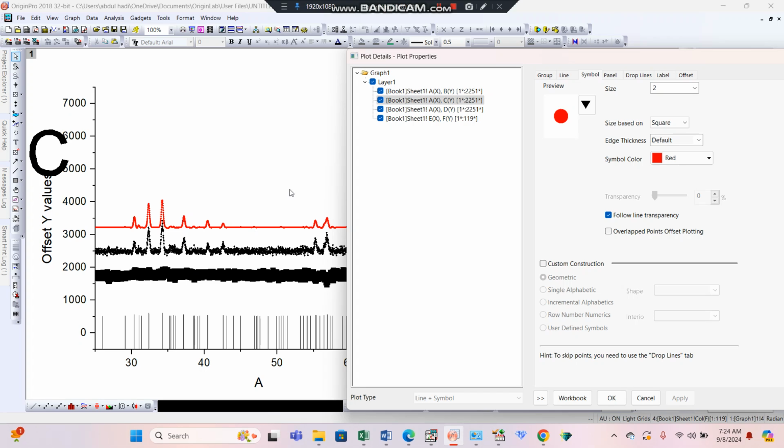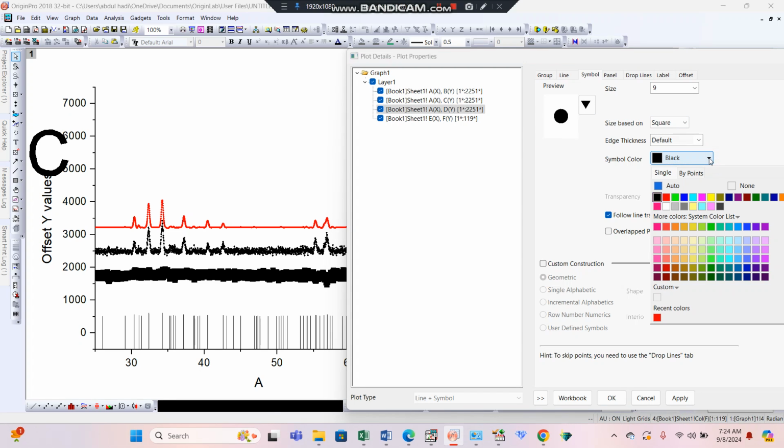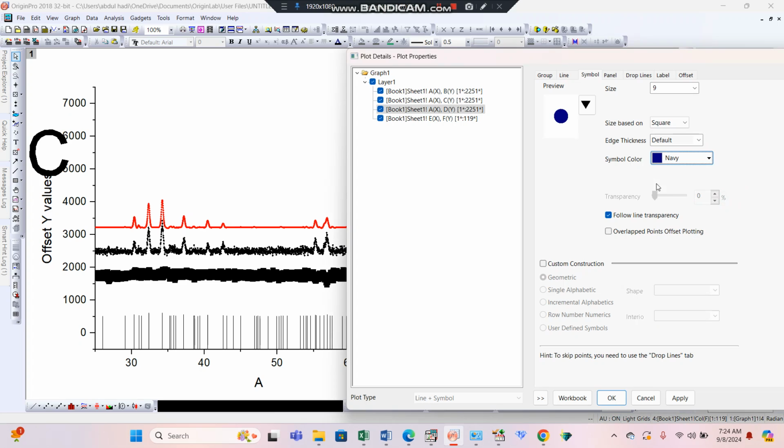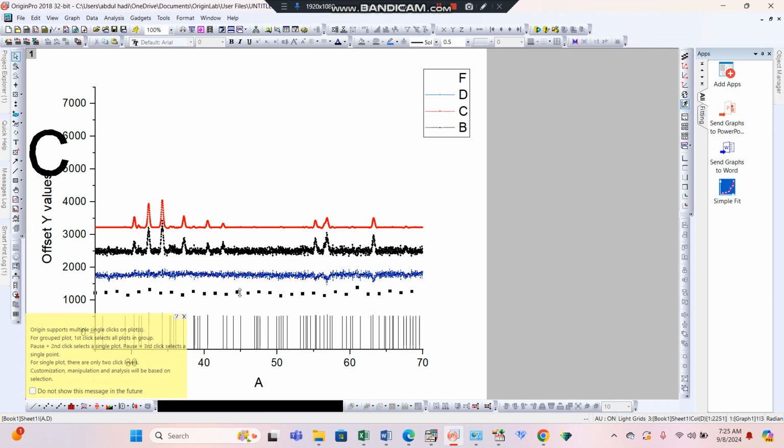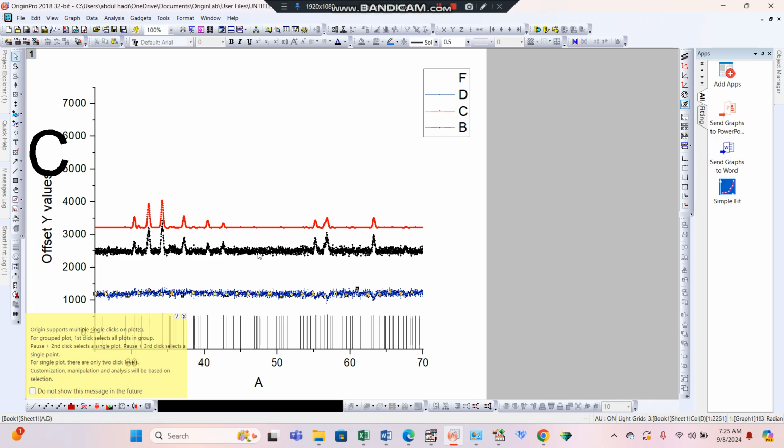color red. So the third data is of difference. This difference is circular. Select the symbol circular and the color is blue. It is blue. Okay, and the symbol size is 2 or maybe 1. By applying this you can see here the difference, or you can also reduce this graph by choosing symbol size 1. Okay, so here you can see this is the difference, and then adjust the difference somewhere here and then select